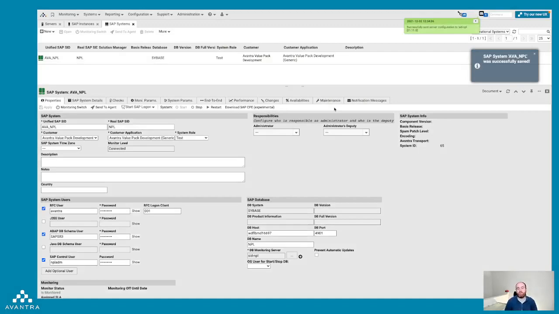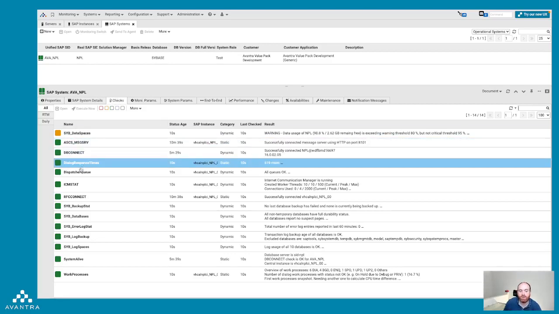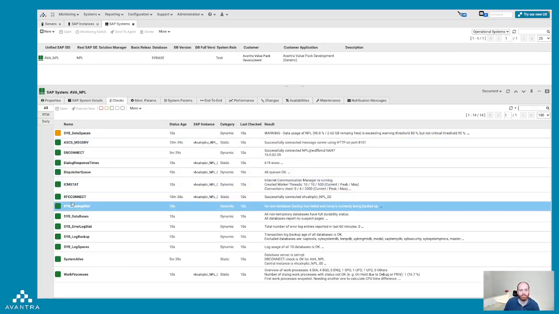So what this is going to do is it's going to bring us up a monitoring level from connected to authenticated. And once we hit authenticated, then we get to look inside the system at a lot more information. And we'll see those checks being deployed in a few moments. So what we do now is pop over to checks. And now suddenly we're seeing stuff like dialogue response times, the backup status of our database,